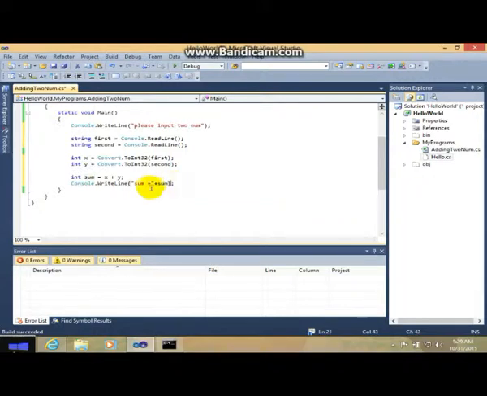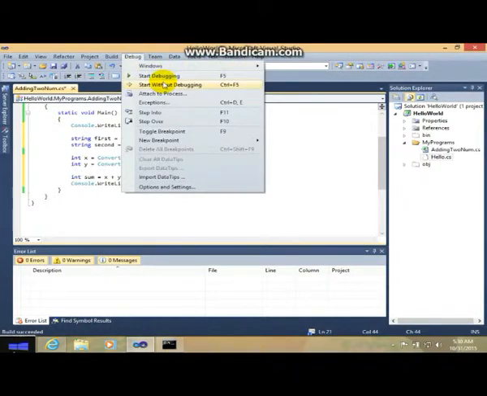What this does is the text sum would display on your screen plus the variable sum here. This sum would change into a number because the numbers will be added like we display here. So let's test that out. Start without debugging.